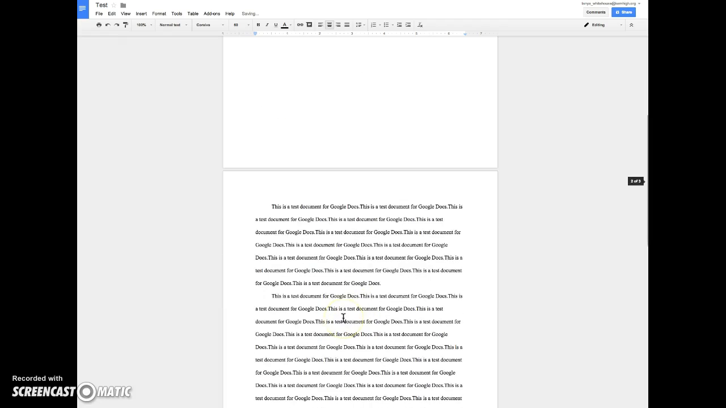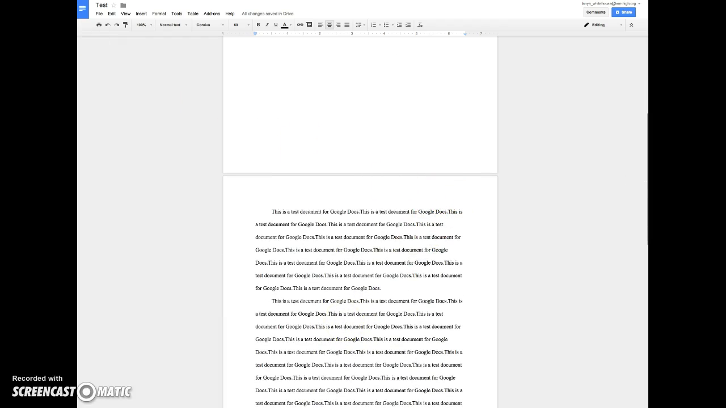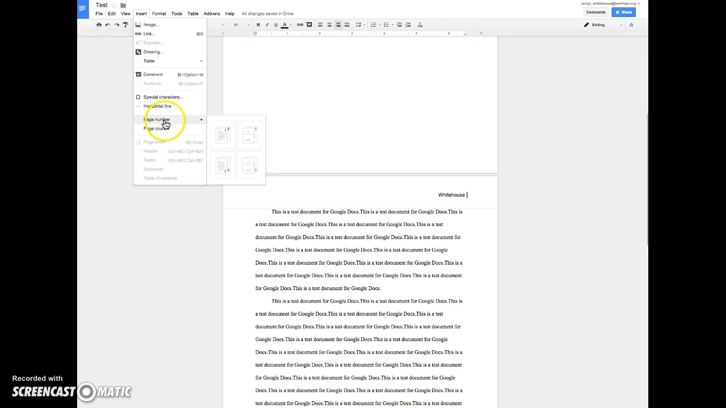The next thing that you're going to do is make a header. Go insert, header. I'm going to right align this. So see, there's right align. I'm going to type in my last name and a space, and then insert, page number, and here are your